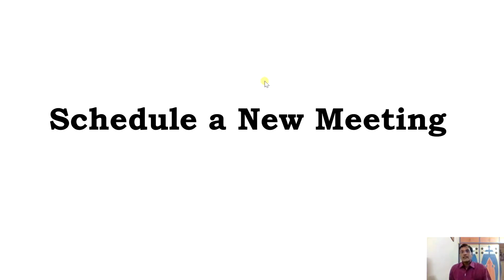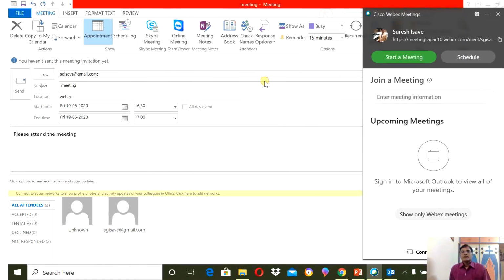Now let us start with the actual planning of the WebEx meeting. So let us see how to schedule the meeting. It's not a difficult thing. You just click on schedule and you will find the email attached to the account will appear over here. So you just select the day and time, write the details, and send to a person. You need to put the email IDs over here.